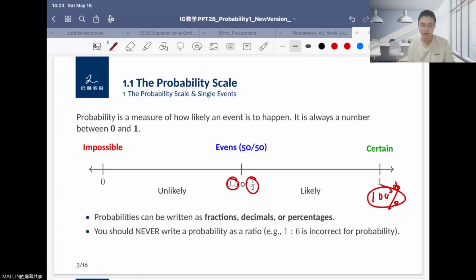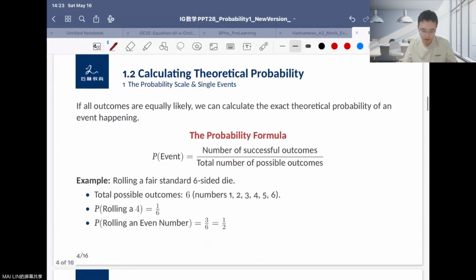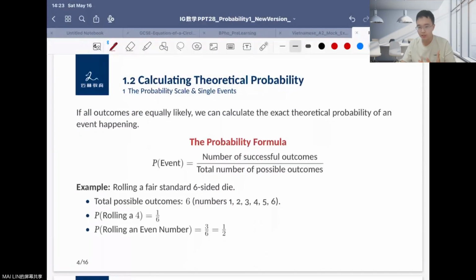Here, you should never write down the percentage or probability as a ratio. Like here, you cannot say 1 versus something, that is not true. That is not a probability. So what is a probability? Here is the definition: the probability of an event happening equals the number of successful outcomes over the total number of